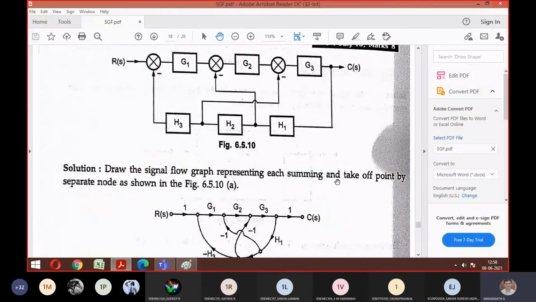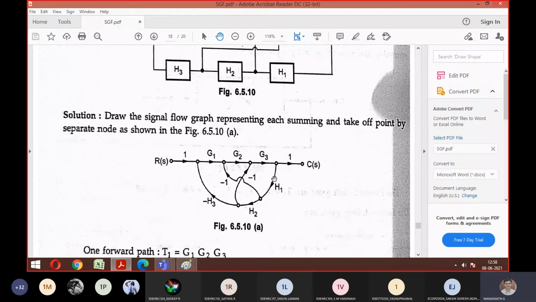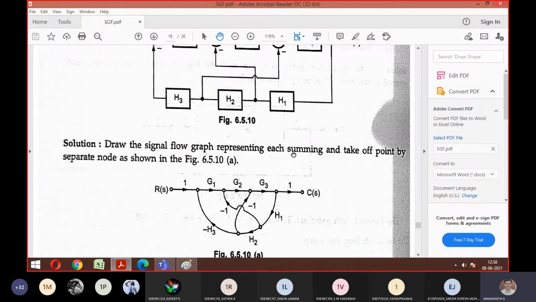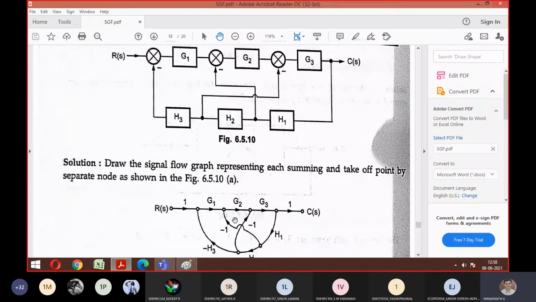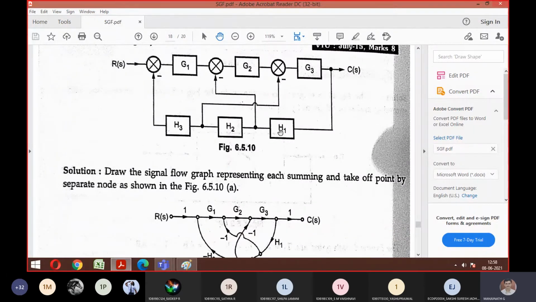So look at the problem I solved just now. This was the first step. I told you clearly, if you get practice at writing a signal flow graph, we can directly write it instead of marking nodes. Still, if you feel difficulty marking the signal flow graph, you can mark numbering 1, 2, 3, 4, 5, 6, however you want. That is not a big thing. The only thing is the connection should be proper, as given in the block diagram.